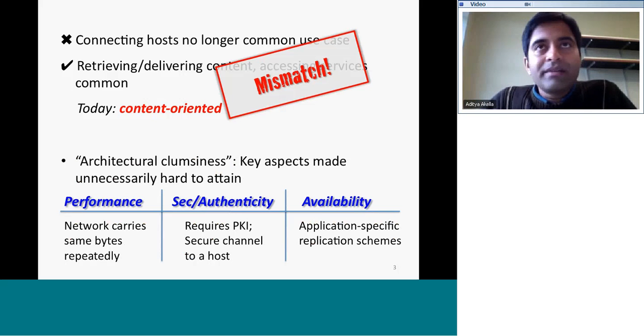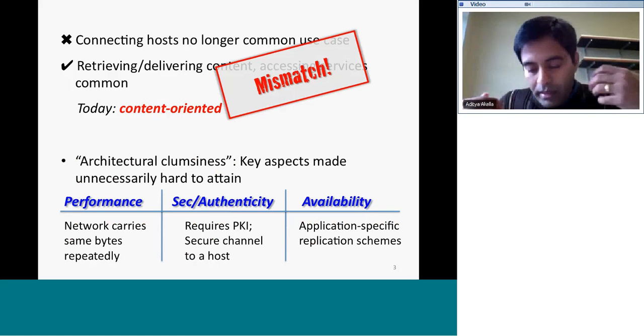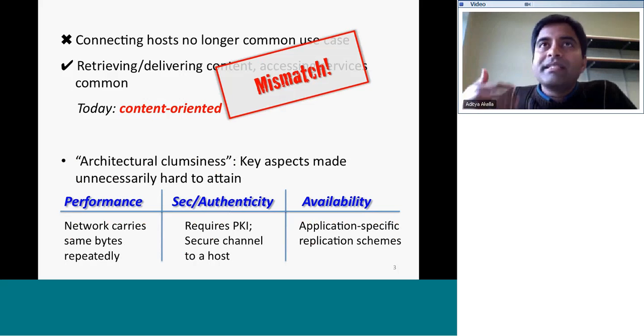So let's start with the simple things like performance. You care about getting the content that you care about in the most timely fashion. Often, because the network doesn't pay attention to the content that you're accessing, it's more about the host, the network ends up carrying the same byte repeatedly, and this impacts potentially the bandwidth you can get or the latency with which you can access that content.